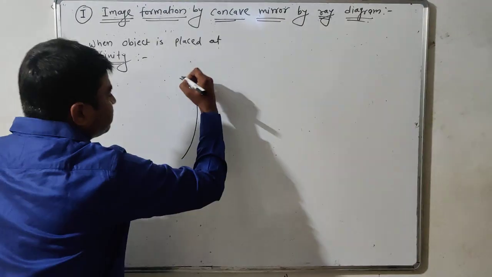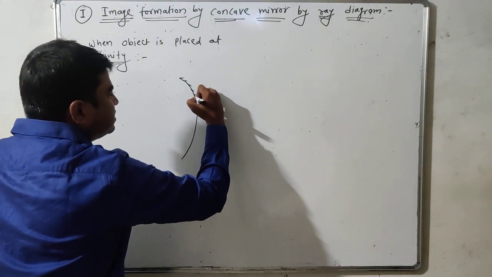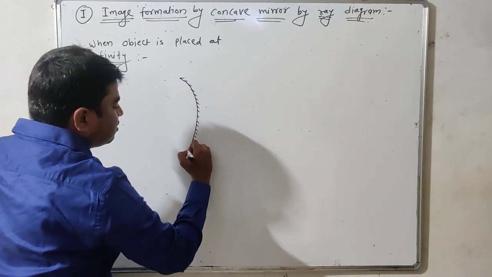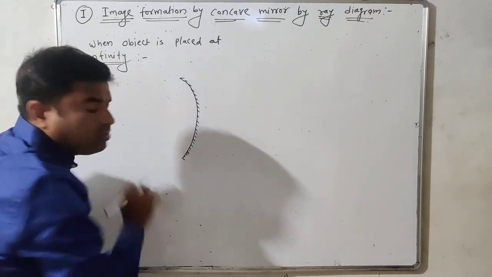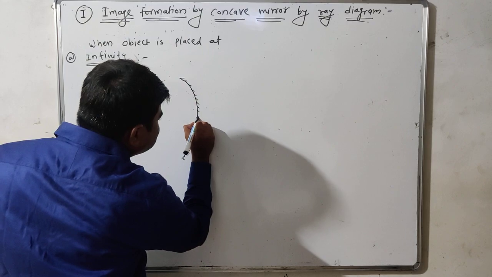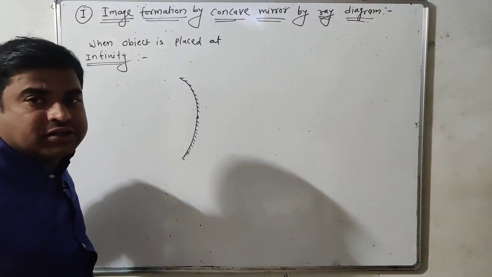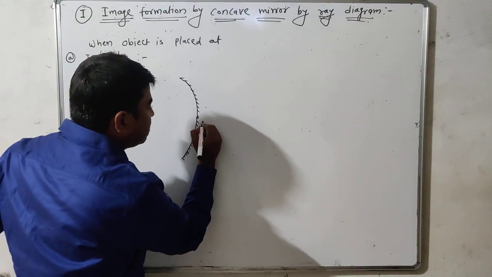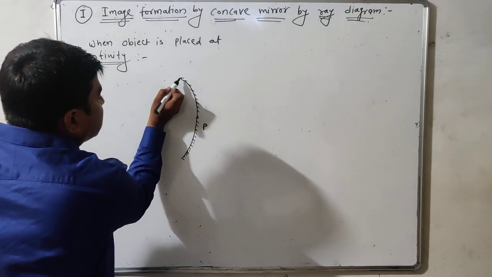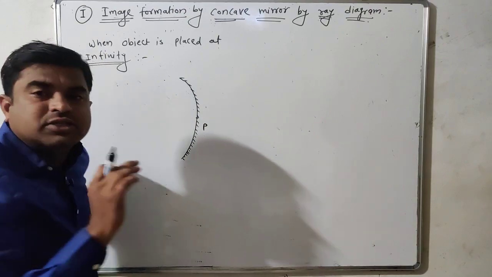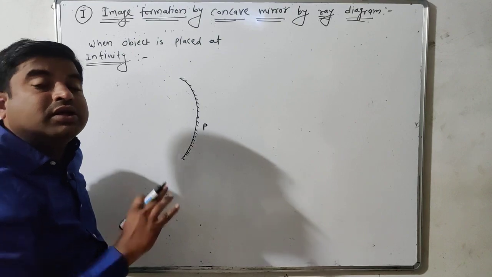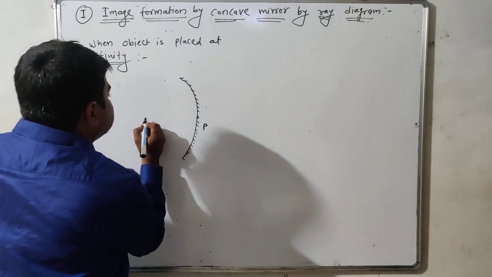As you can see here, the outer surface of this concave spherical mirror is silver polished so that its inner surface becomes reflecting. Now, a point exactly located at its geometric center, this point, is called its pole, whereas this concave spherical mirror is a small part of an imaginary sphere. The center of that imaginary sphere is called its center of curvature.